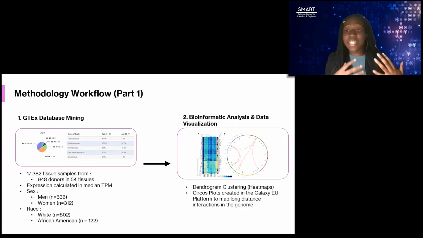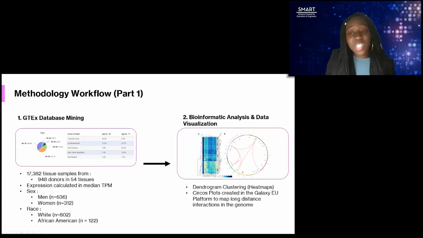And what GTEx does is essentially it will get a profile for the level of expression of a gene in a certain tissue. And it does this in 54 different tissues, and I used 52 for the research that I conducted. I took that data and I generated it into the form of a heat map, which can be seen over here in this second box.